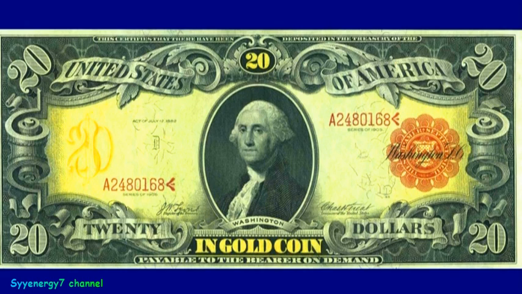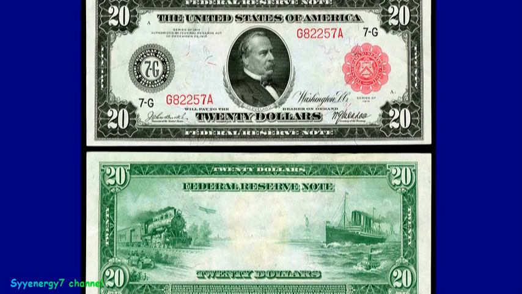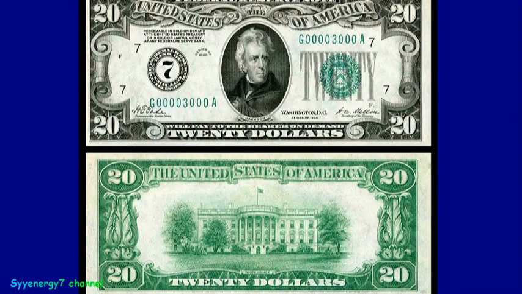But I think there's more to this than just political correctness and stuff. There's something underhanded going on here. And I think there was something underhanded going on in the first place when they put Andrew Jackson on the bill. And it wasn't about some racists putting Andrew Jackson on the bill. It had nothing to do with that. It had to do with him being the guy that was against paper money. He was against something like the Federal Reserve. He was against the central bank of the United States of America, which is basically the Federal Reserve.